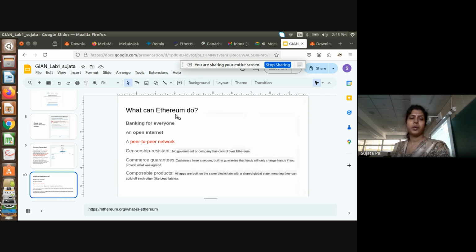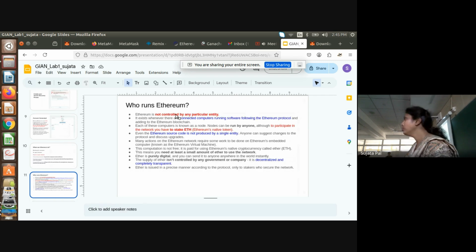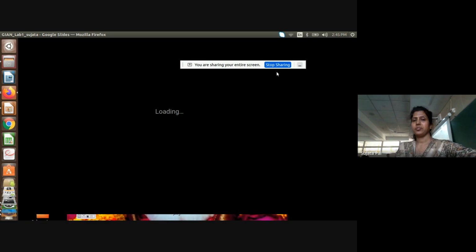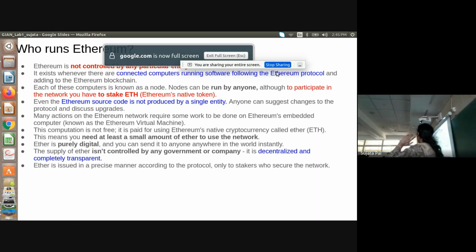Okay. So who runs Ethereum? Ethereum is not controlled by any central authority. It is controlled in a distributed network by distributed servers.